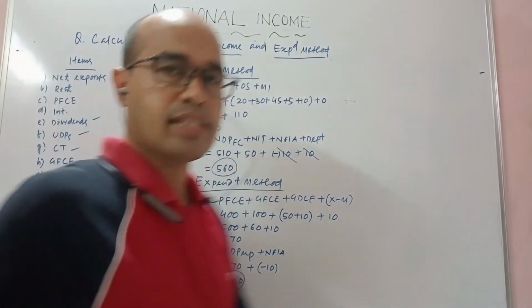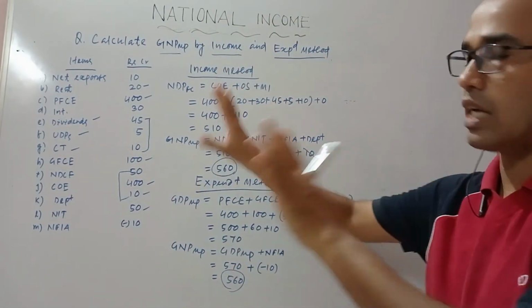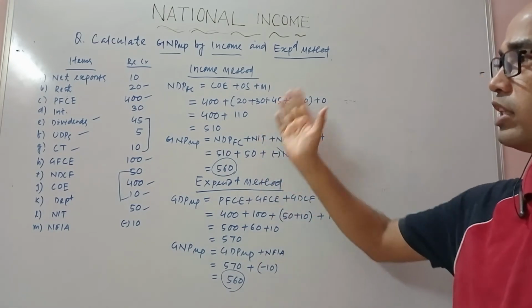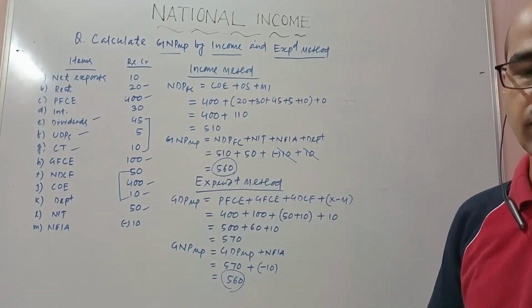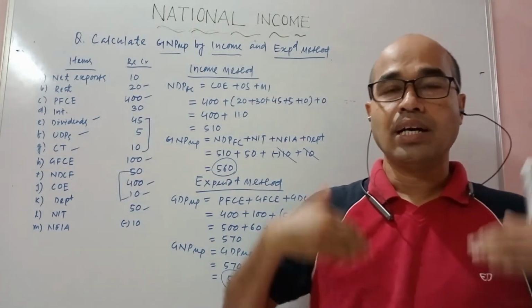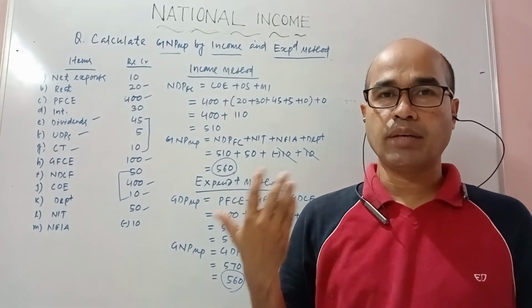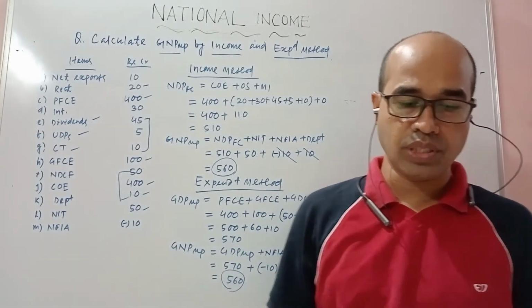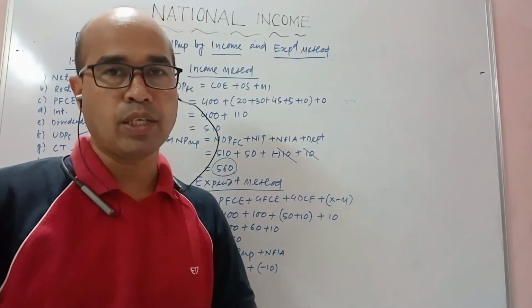So please go through that question first and note it down. Before seeing my answer, you calculate, then check whether your answer and my answer are the same. If it is equal, then you find out everything is okay. Yes, students, then I will go through the calculation of real GDP and nominal GDP, or you can find out the GDP deflator, whatever may be the question. So we want to discuss real GDP and nominal GDP.